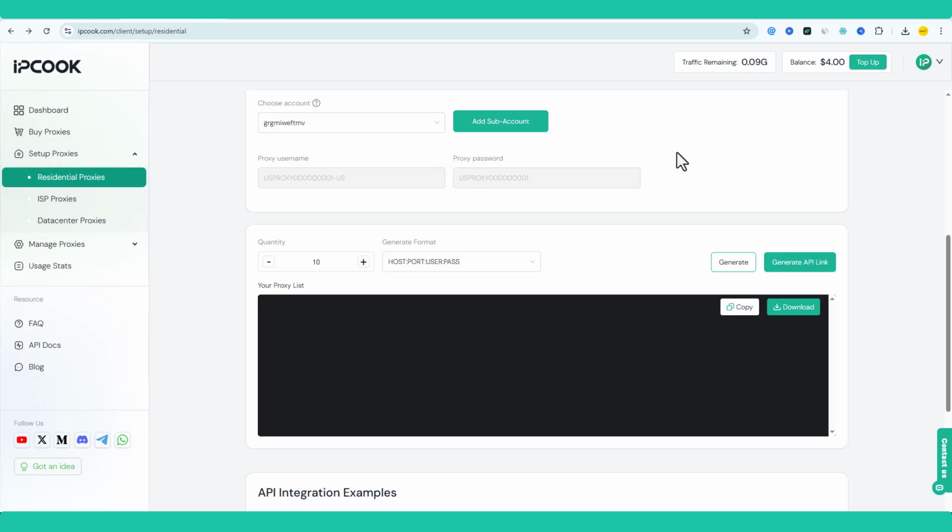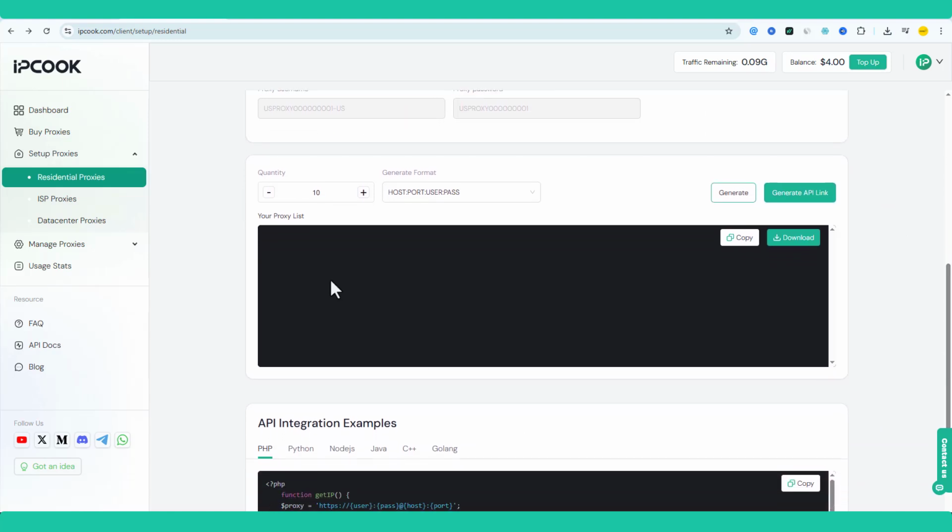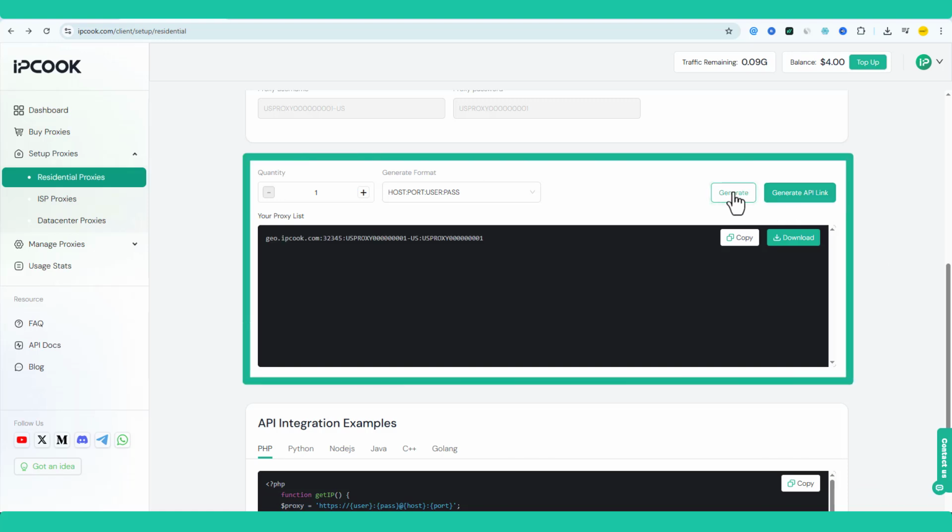So now we're going to be coming over to this particular box here where we have to choose the quantity or the amount of proxies we'd like to create. All right, you can see we have 10 by default. So for me, for the quantity, I'm going to be reducing this to 1. Okay, then I'm going to click on generate, and you can see automatically we were able to have our proxies